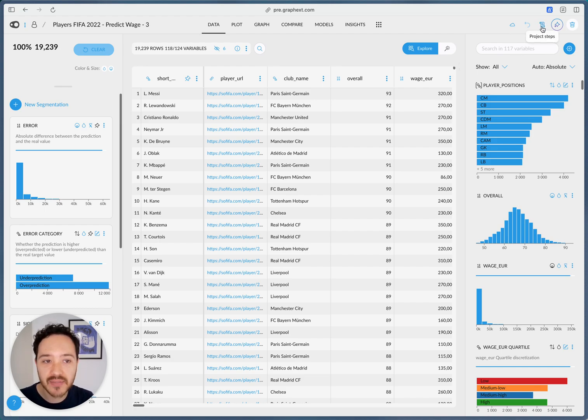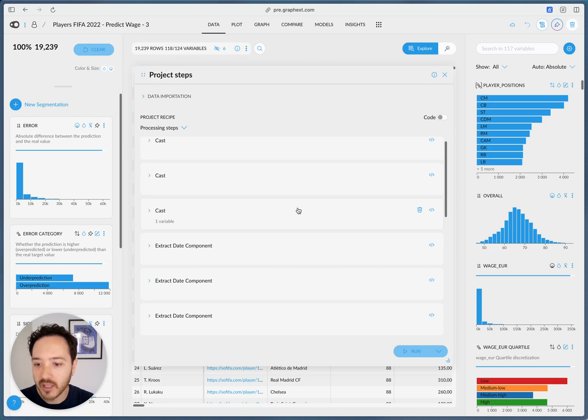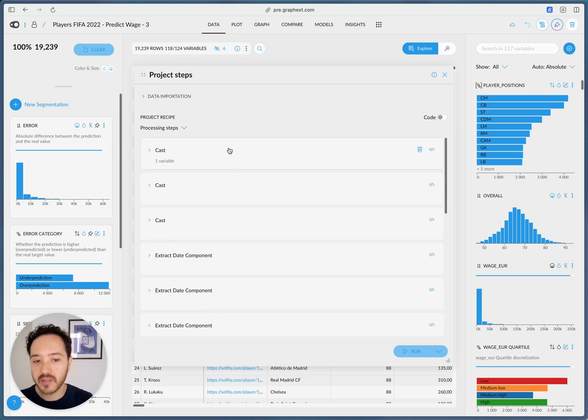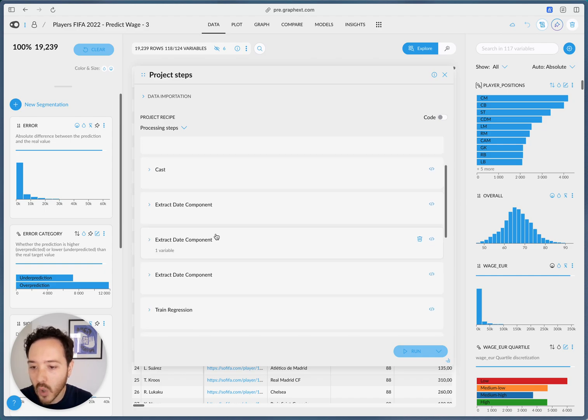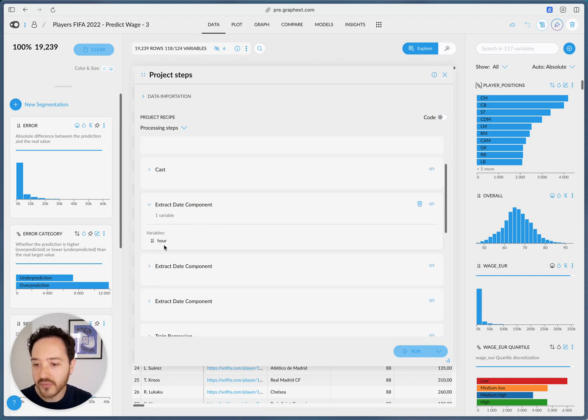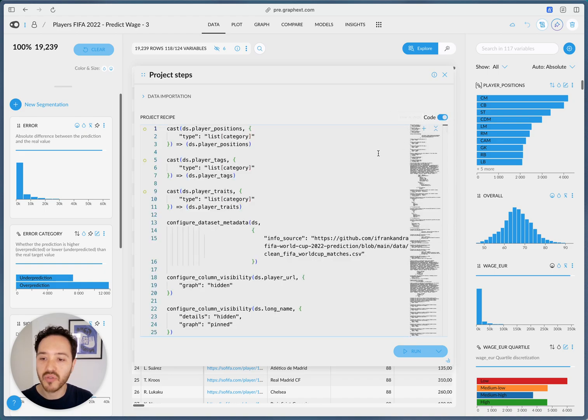We can click this very little icon here and we can see the new project steps, or the whole recipe, in here. And we can see all the steps in a very friendly format with a very quick little sum up, like this one is casting the variable positions into a multi-valued, or this one is extracting the date component from the hour and from the month, right? But if we're feeling a bit adventurous, we can jump into the code and see what actually is going on